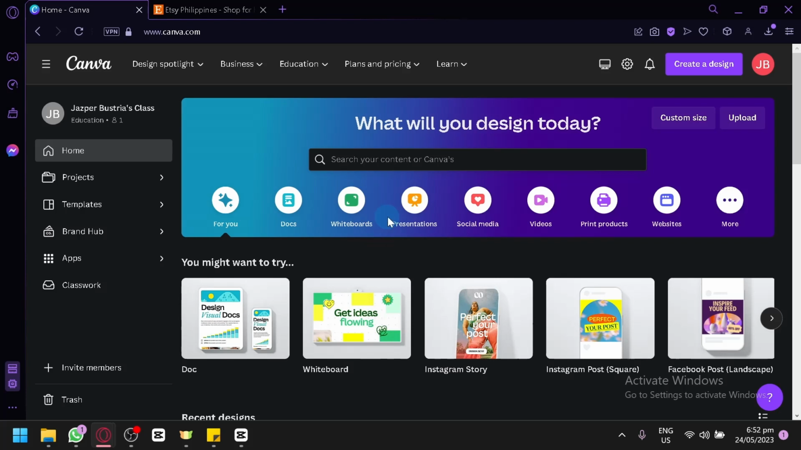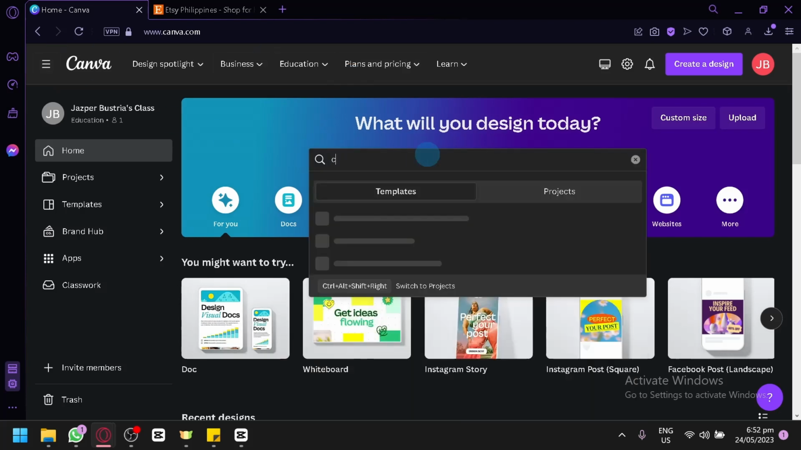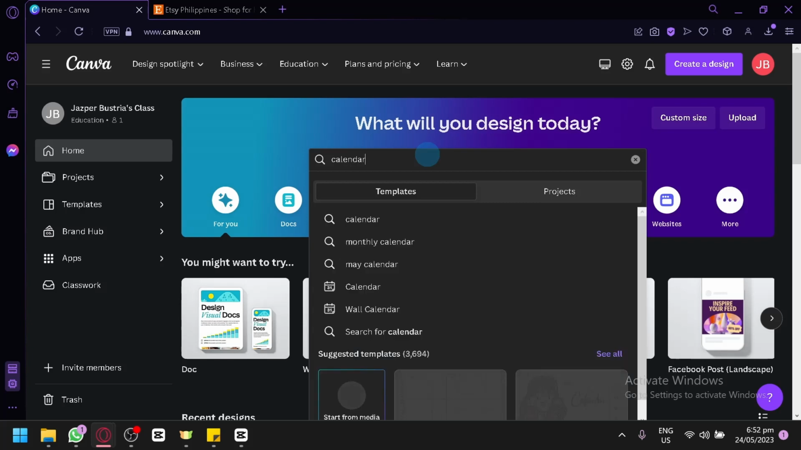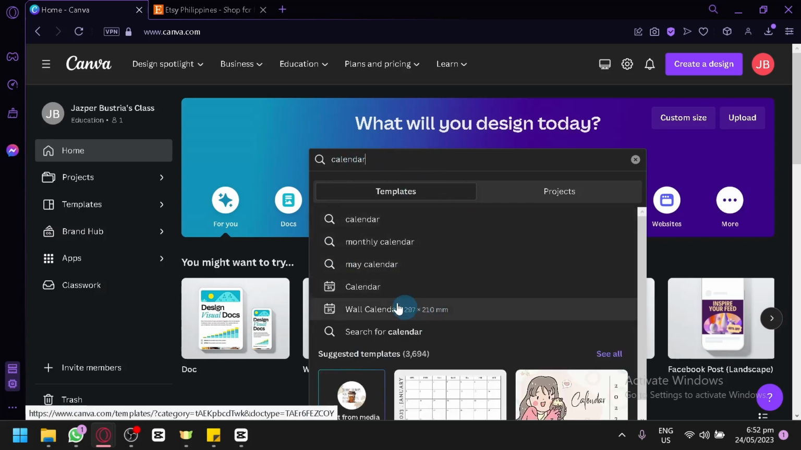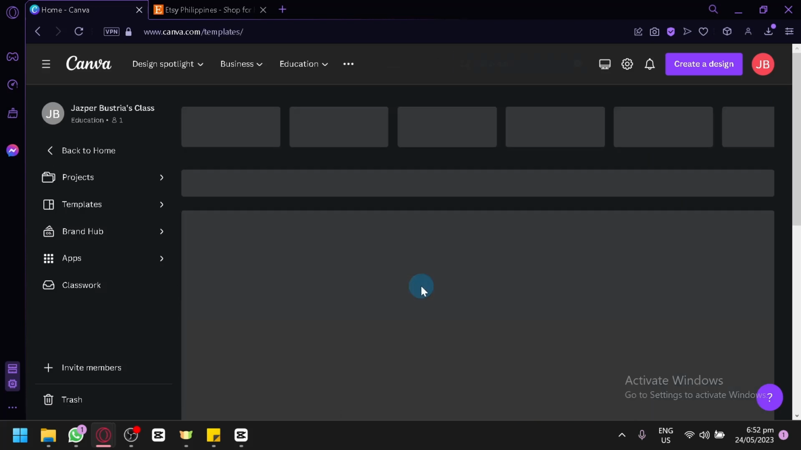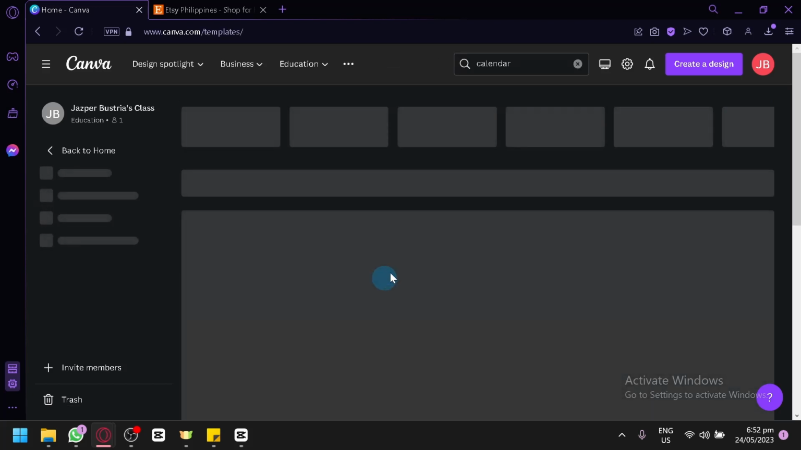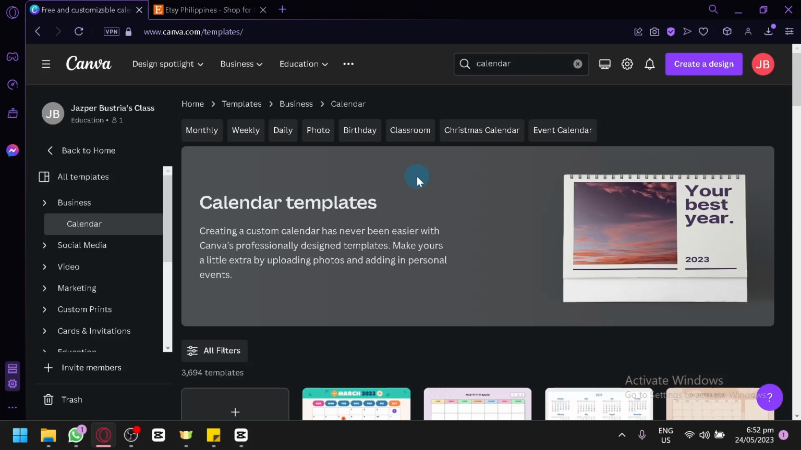To use a template, you're simply going to go to Canva, click on the search bar over here, and you're going to search calendar. By doing this, you will be able to see calendar options over here. We have calendar or wall calendar over here. We're going to go with the normal calendar over here, and we will be able to see all the different